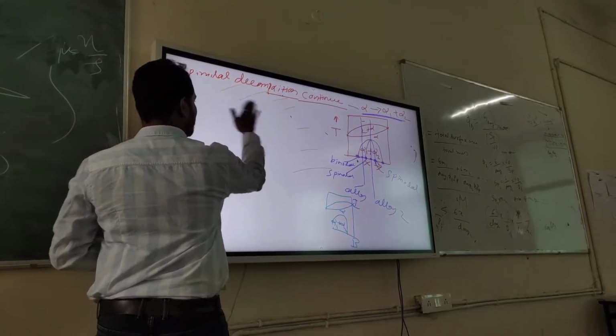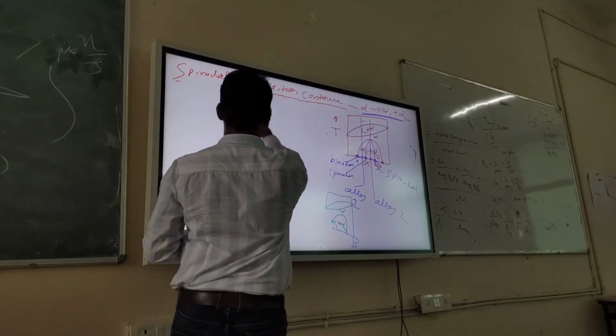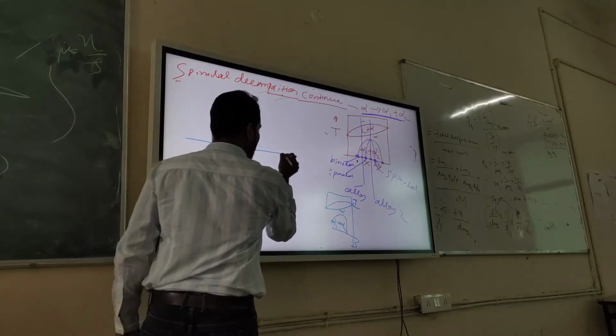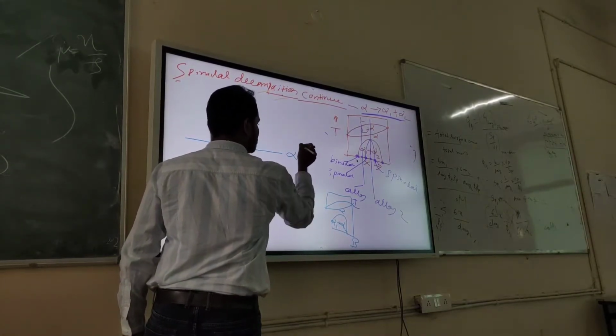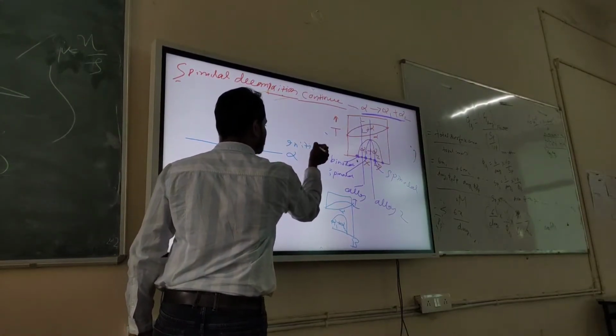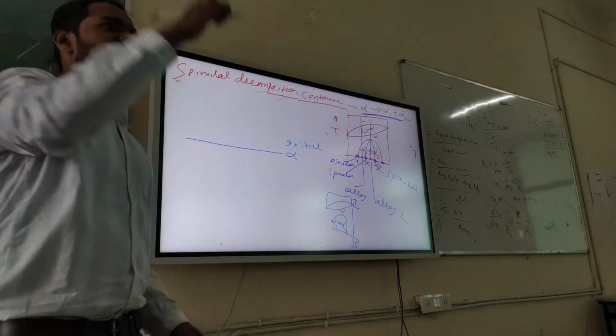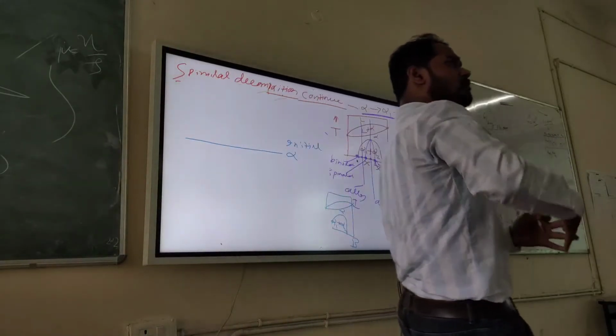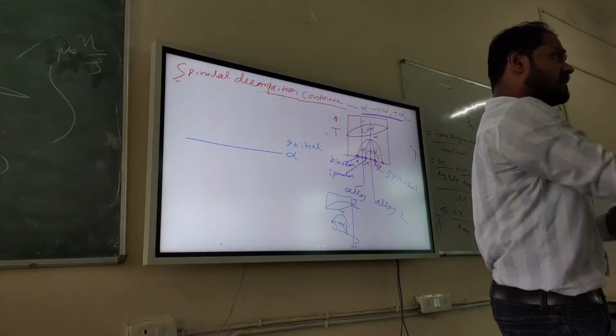So another way of splitting alpha into alpha 1 and alpha 2 is also very simple. Let me tell you. You have a line and this is your initial alpha. This is a straight line. What exactly does it mean? That means everywhere you have the same composition. A and B are the same, a uniform composition, right? But sometimes, at a nanometer scale, which means a very small scale,